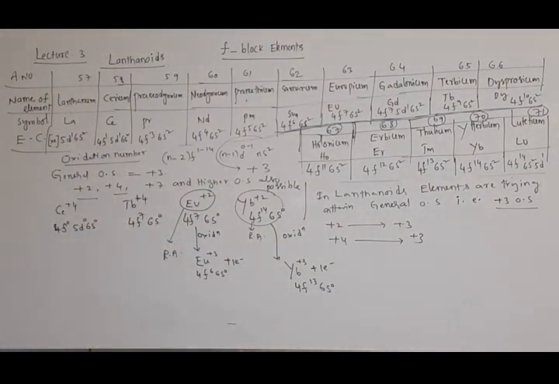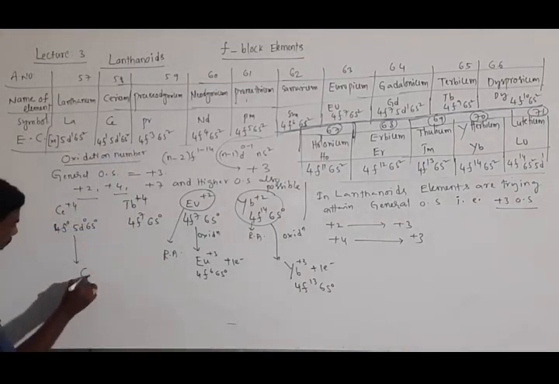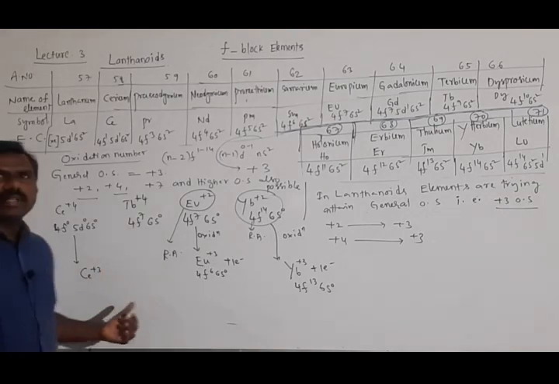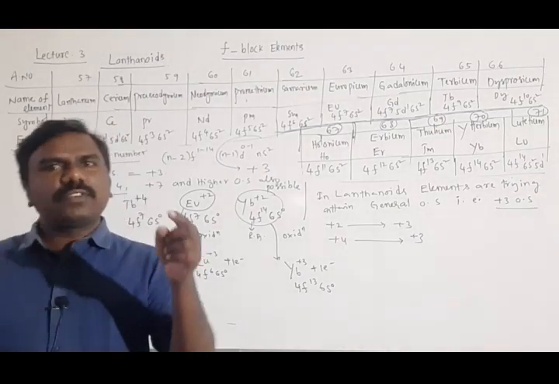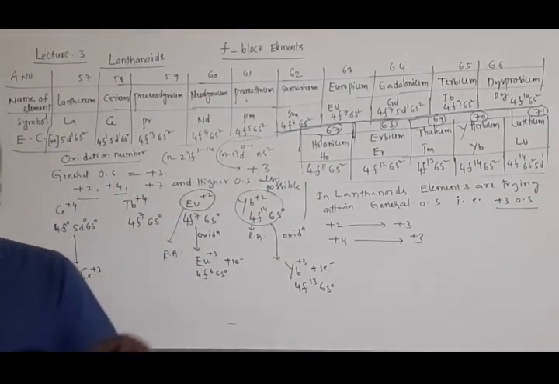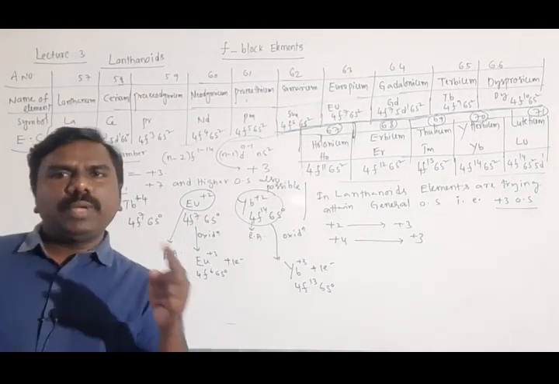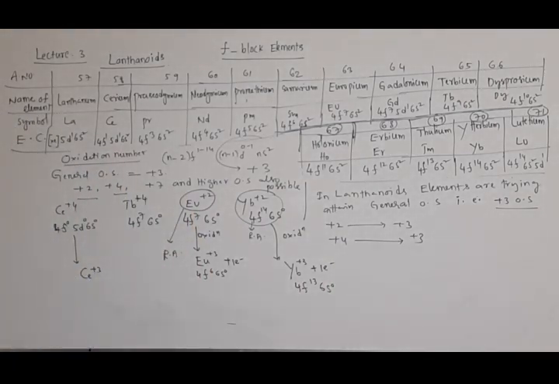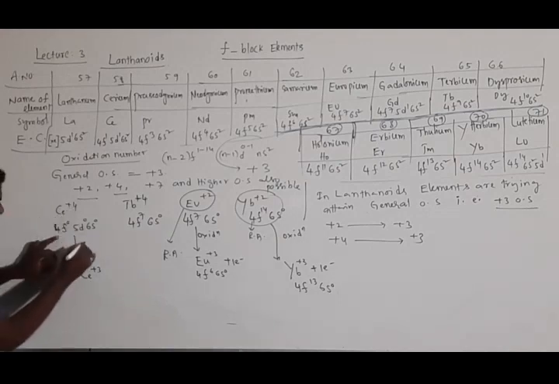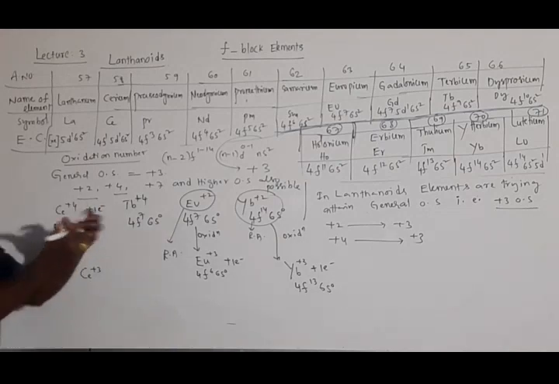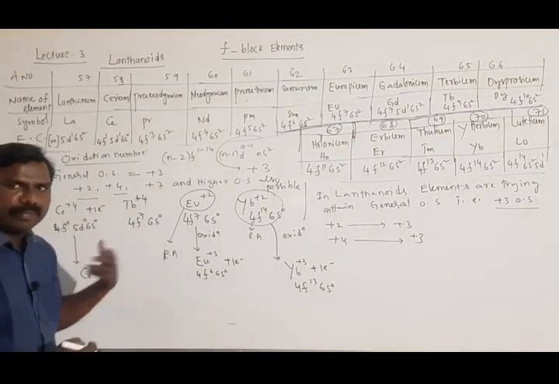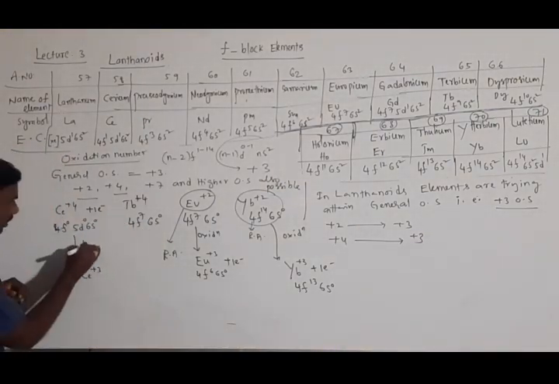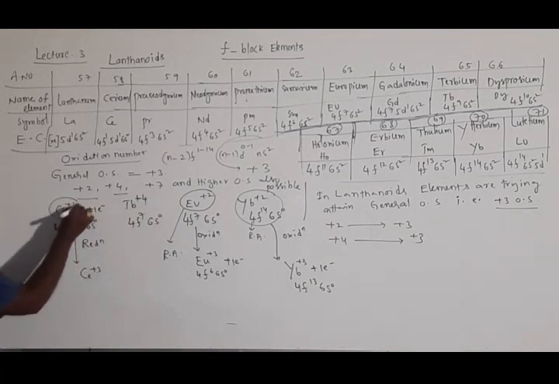Next, after that, cerium plus 4 is trying to become cerium plus 3, because the most common oxidation state is plus 3, plus 4 is stable. Even then, cerium plus 4 tries to become plus 3 along with all elements' common oxidation state. It is plus 4, it gains one electron, students, gaining one minus electron, then plus 3. So obviously gaining means reduction, it is itself involved in reduction, hence acting as oxidizing agent.